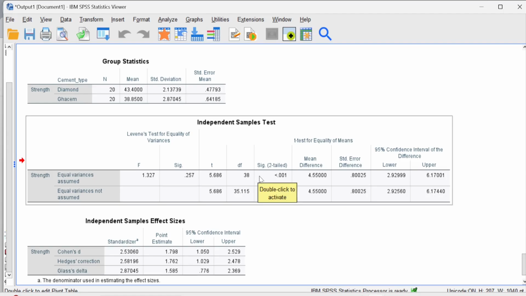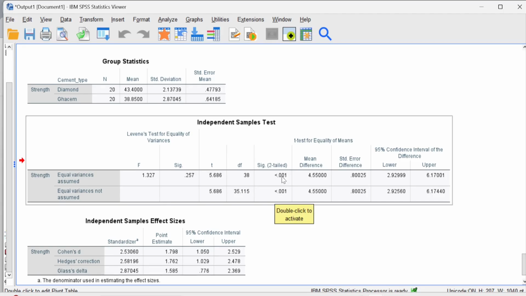How do we know whether it's violated or not? If this one is greater than 0.05, it means we do not reject the null hypothesis, and the null hypothesis states that the variances are equal, or there's no difference between the variances. So that assumption is not violated. If this one was significant, meaning if it was less than 0.05, that would have meant that this assumption is violated, and you go with this second row, pick the p-value there to make our decision. But here it's not violated, so we go with the